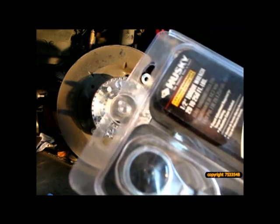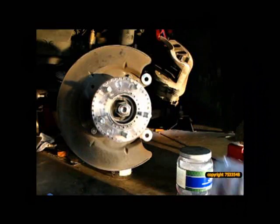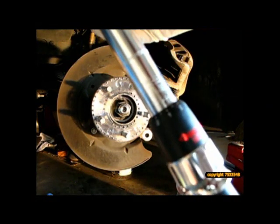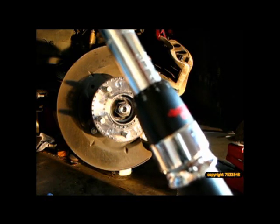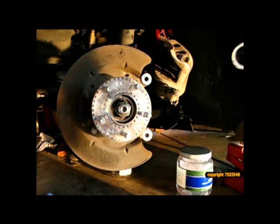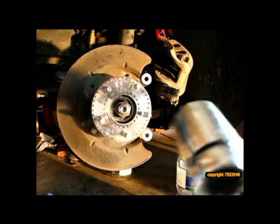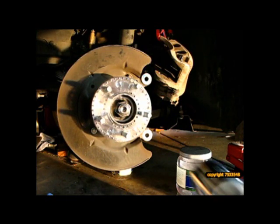So I bought this Husky torque wrench at Home Depot for $79. If you can see here, it goes to 250 foot-pounds. So I'll be taking this out of the box and tightening that up. Husky torque wrench. So it's kind of hard to tell in this video, but is set to 221. Gonna go ahead and get my socket and attach it here. Again, this is 36 millimeter. So I'm gonna torque it